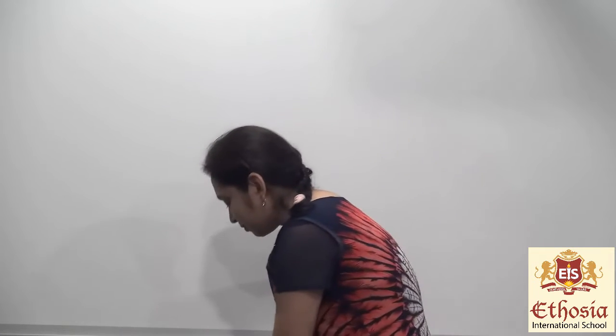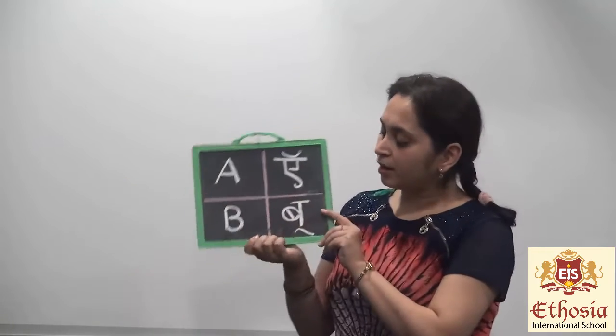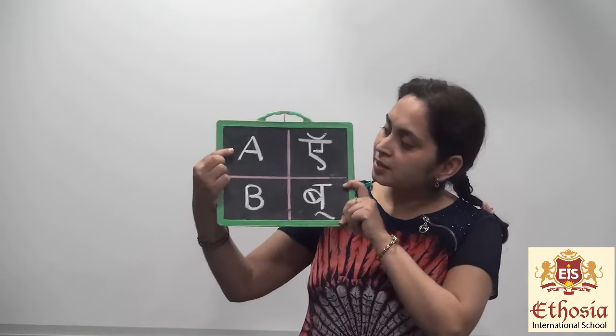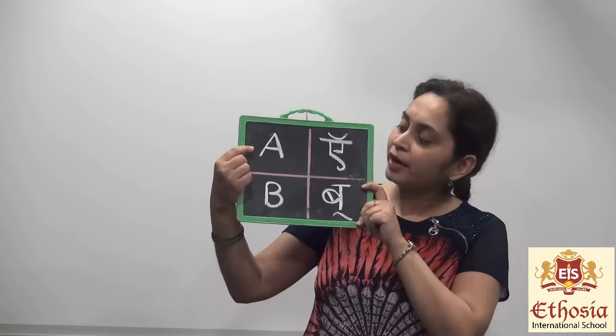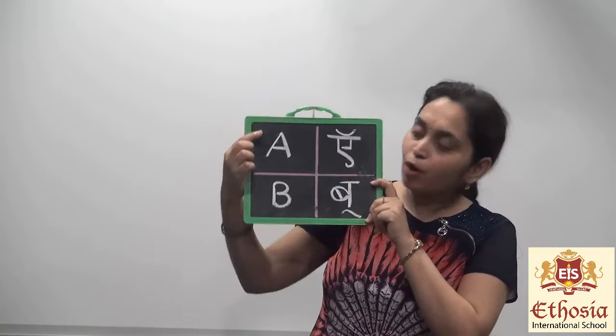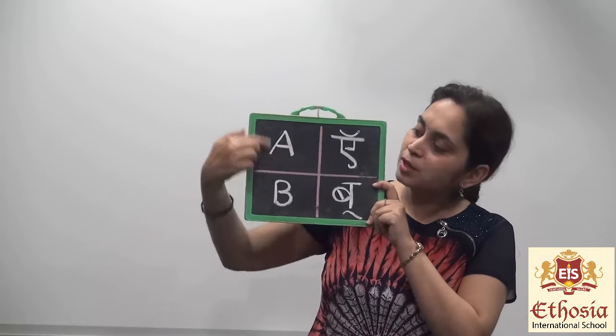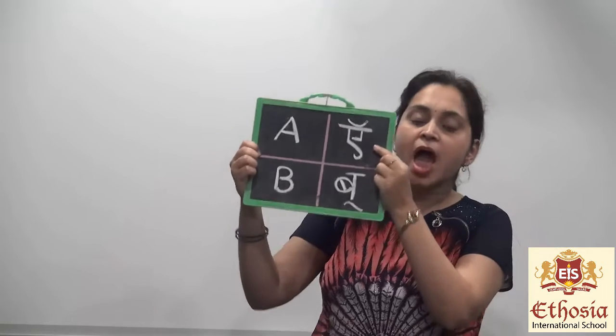So as we know, we have 26 alphabets in English. Alright, so now we are going to study the phonic sounds of the alphabets. Alright, so come, let's start. So our first alphabet is A. Our first alphabet is A. Alright, and what is the phonic sound of this alphabet? The phonic sound of this alphabet is A.